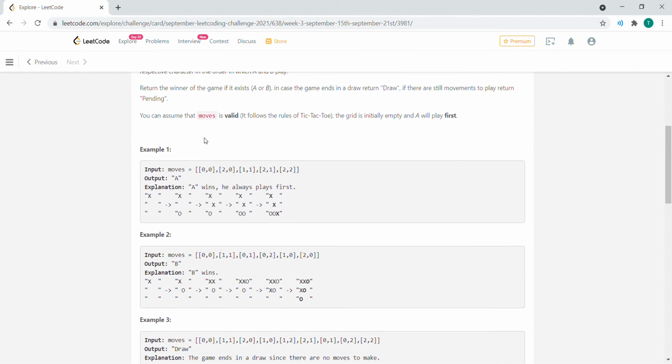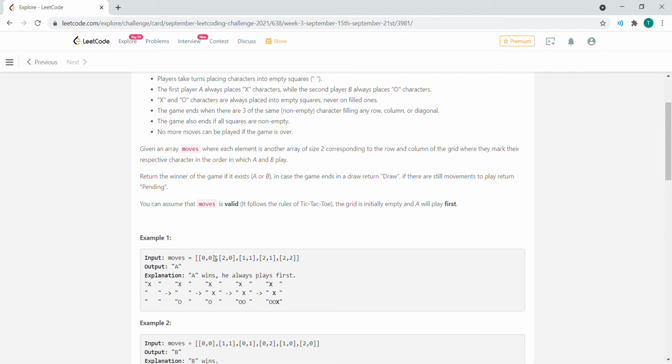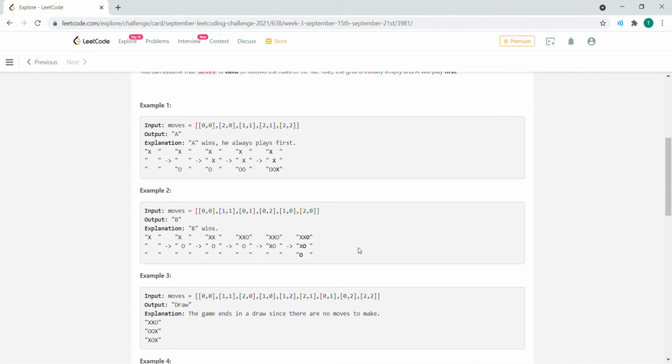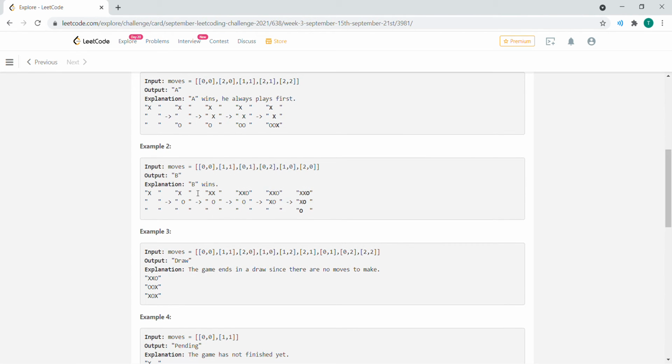So given index 0, 1, 2, we have 3 moves there. We're given an array of moves consisting of row and column, right? So here we have 0, 0, which is row 0, column 0, the first index. Then A goes first, then B, then A, then B, and it keeps on going. I'm pretty sure tic-tac-toe is a well-known game, but for instance, if A goes first,